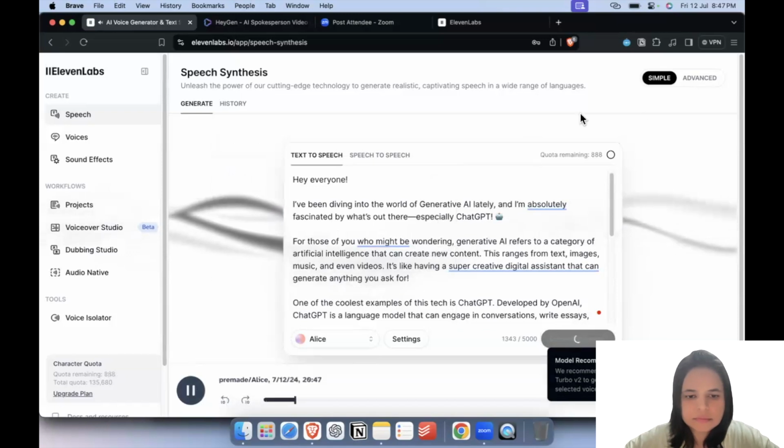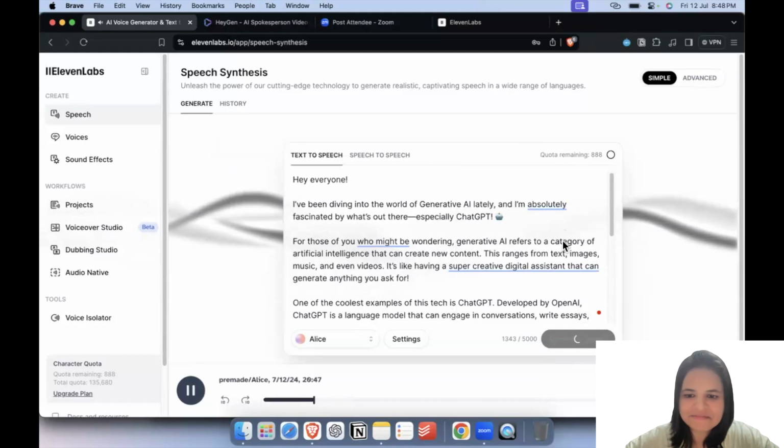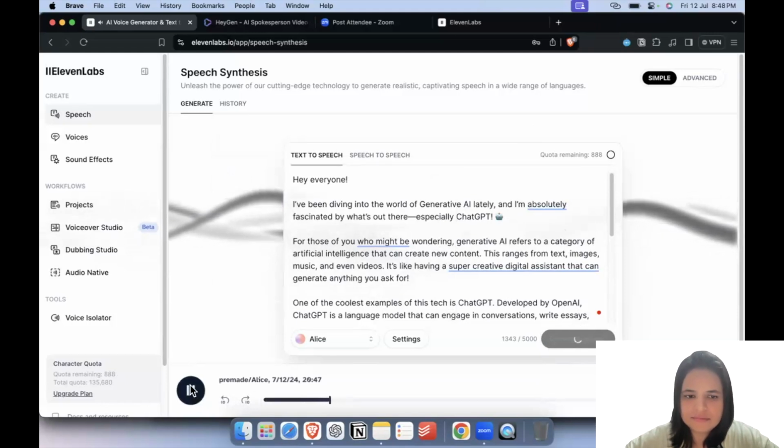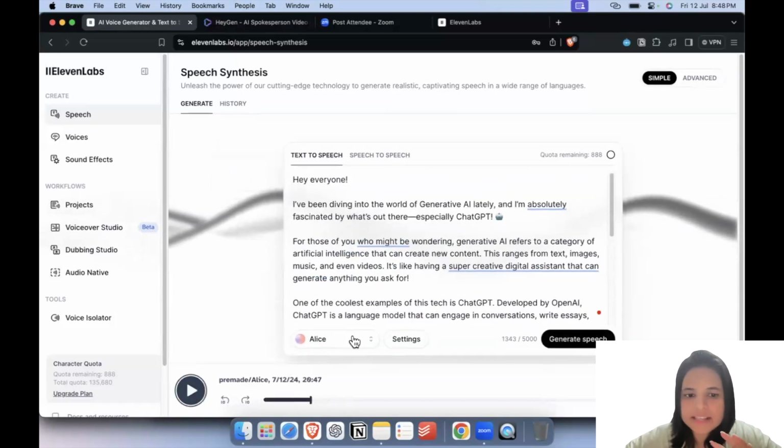Hey everyone, I've been diving into the world of generative AI lately, and I'm absolutely fascinated by what's out there, especially ChatGPT. For those of you who might be wondering,